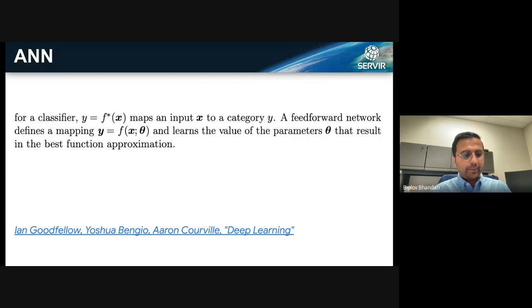I know many of us here are mathematicians or have a major leaning in that direction. So if you are looking for a mathematical definition, an ANN is something where you map y with f based on some form of parameter theta, and the value of these parameters theta is learned based on the example data sets that you provide to the algorithm, which determines the parameters that result in the best approximation of that function. Again, I'm taking this from Ian Goodfellow's book, which is highly recommended.